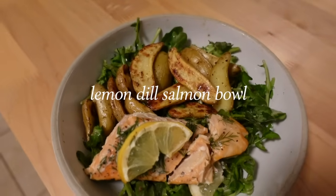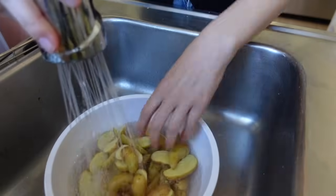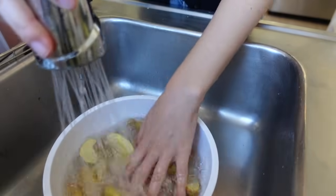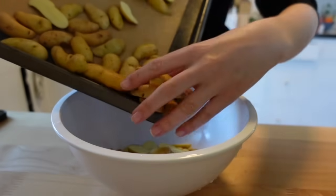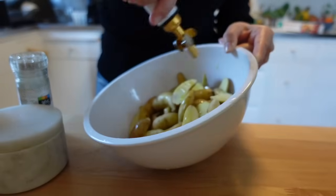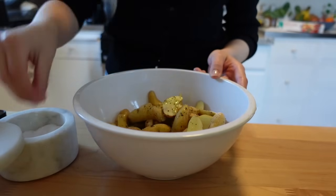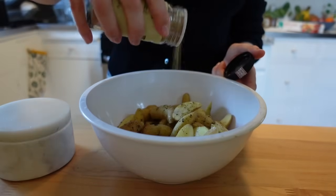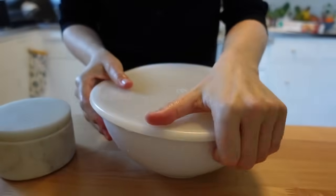Next up is this really easy lemon and dill salmon that I like to make for date night. You don't have to stand around and do a lot of active cooking, but it's still a really tasty and filling meal. My mom actually taught me how to make these fingerling potatoes. It is just olive oil, salt, pepper, garlic powder, and you're gonna pour them onto a hot tray once you're ready to cook them, and that is what will really give you a good crisp all around the outside with